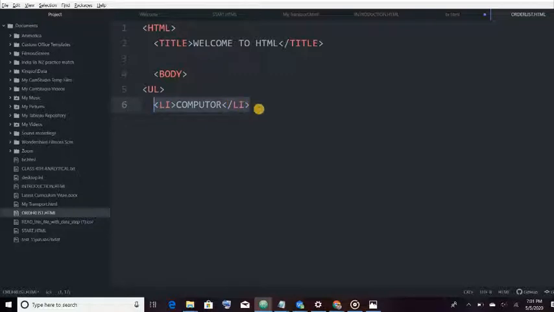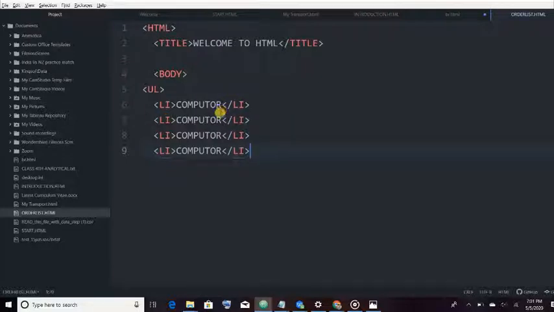I will copy this list item four times. So I have copied, and now I will change the other items. First is computer, second is book, third I will insert pen, and fourth I will insert pencil, right?